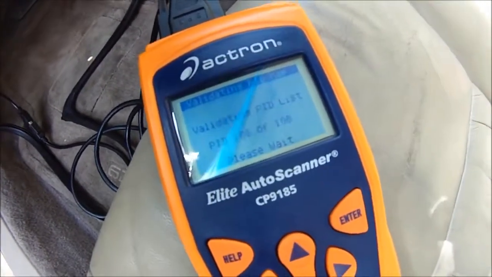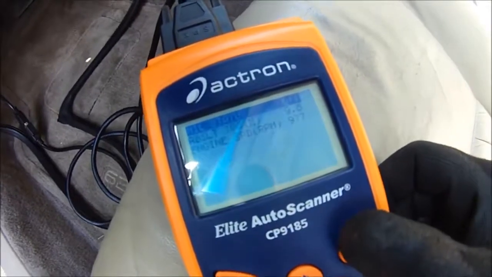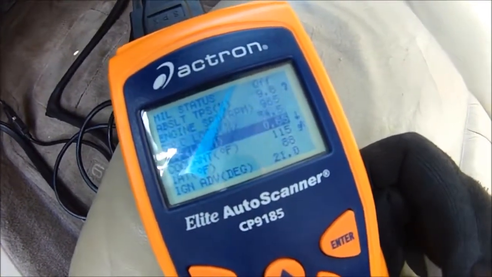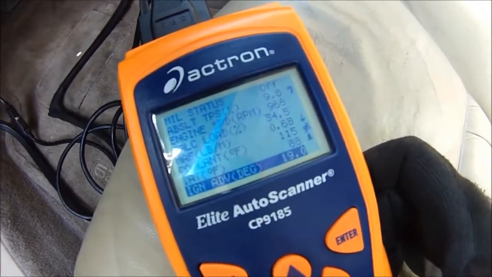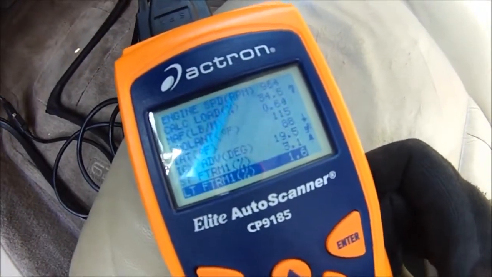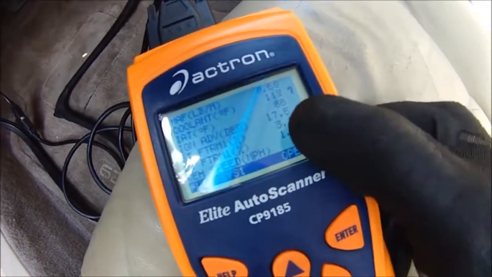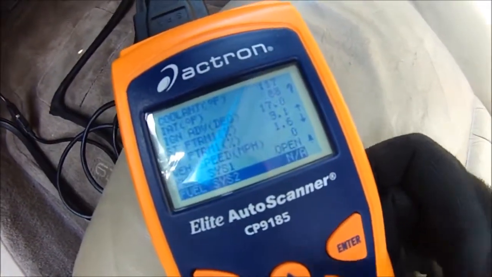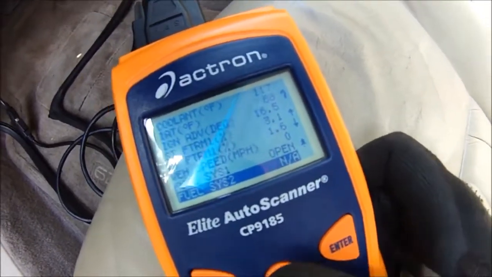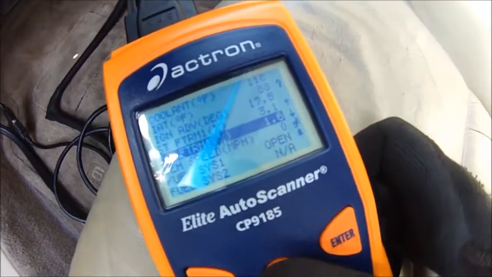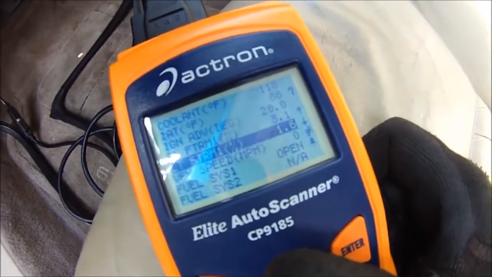Okay. Here we go right here. We'll see right now. Oh, we have to wait. I'm sorry. We have to wait till long-term fuel trim is down, but we're still in open loop. Okay, so let's wait for a little bit. I forgot the code. We're in open loop right now. That's what I was talking about on the cardboard.